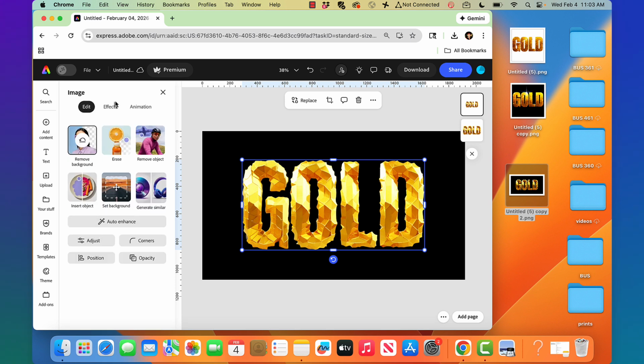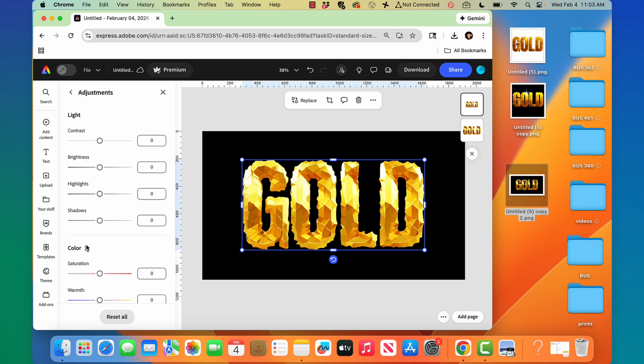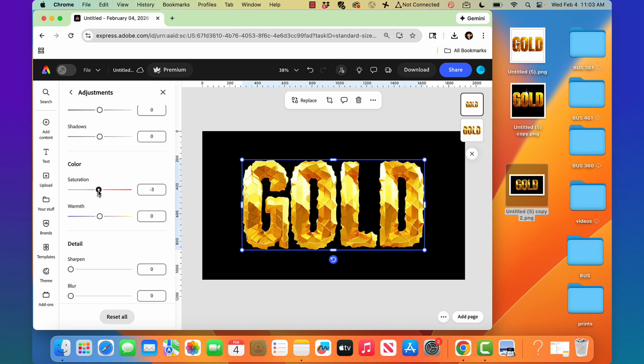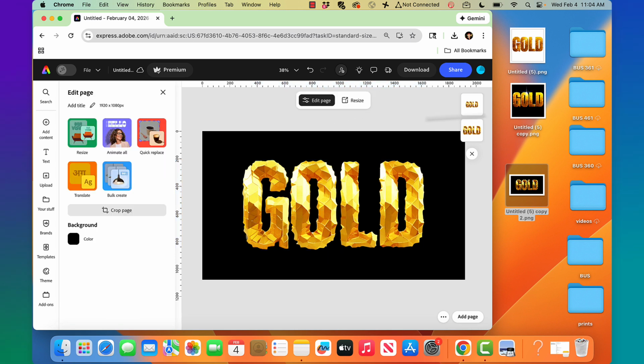desaturate, right? So you could do the effect grayscale to desaturate, and you can also do it under adjust, because I'm going to go to adjust anyways and drop out the saturation. So maybe that's a little too much, but I guess my point is, if you don't want a color shift, then you can drop down the saturation, and you can always play with adding contrast or other color settings. But try it out for yourself, see what kind of results you get, and then if you want to add one more kind of